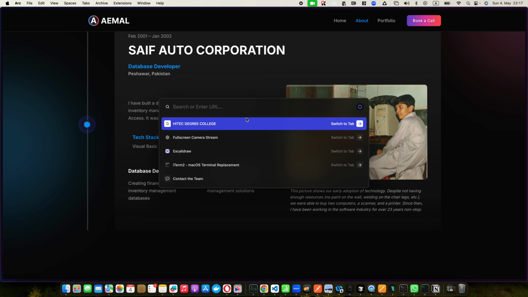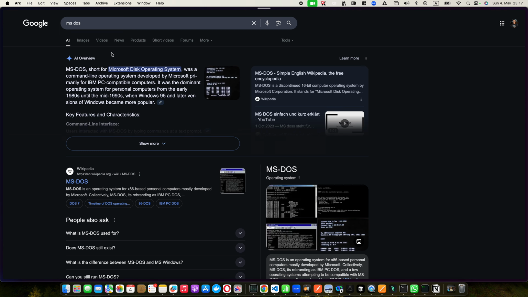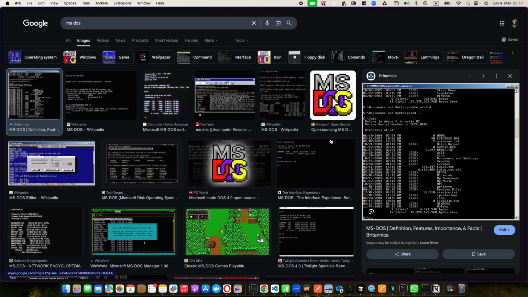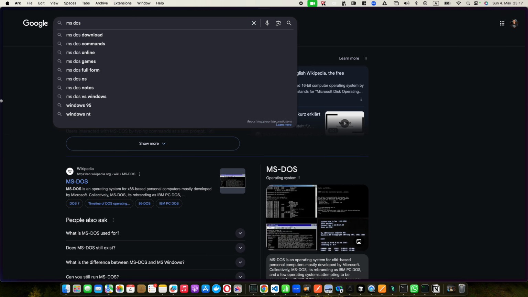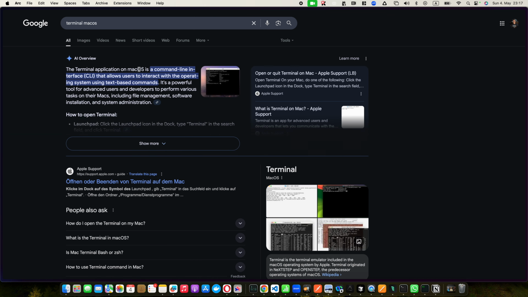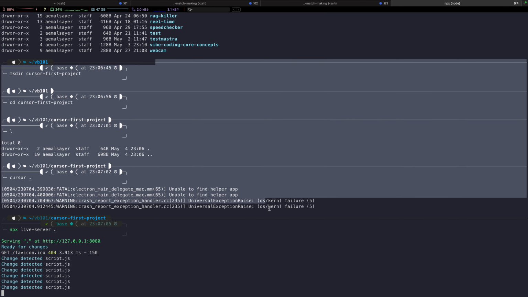Since then, I have been using this so-called MS-DOS. This was the first terminal that I used, and before Windows was invented, it was this terminal. Microsoft built it, or Bill Gates built it. DOS stands for Disk Operating System, I think so. And then basically they created a GUI, or graphical user interface, but this so-called CLI, the command line interface,